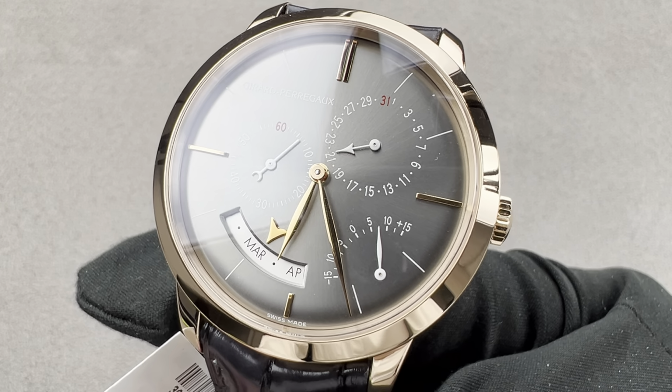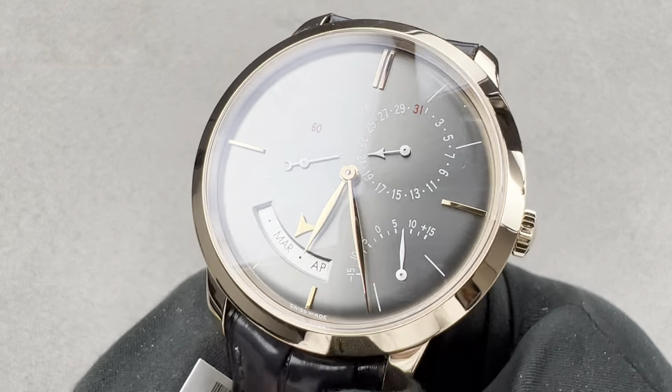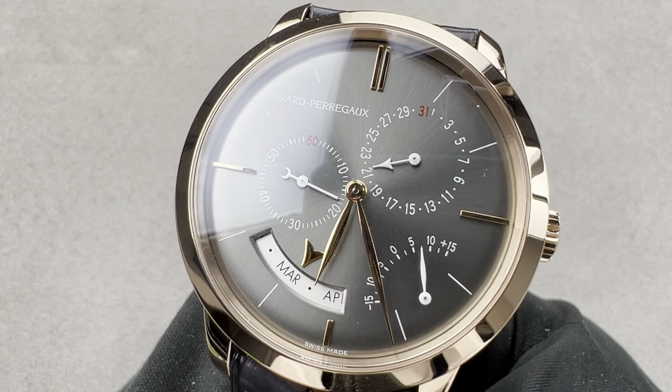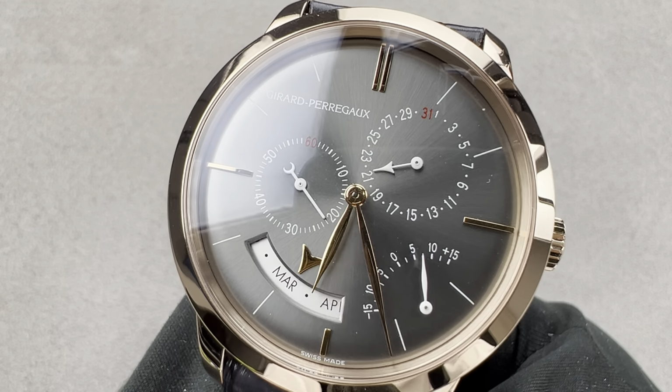Today we are discussing a spectacular and incredibly rare 2011 launch from Girard-Perregaux. This is the 1966 Annual Calendar, an Equation of Time. From the 1966 collection, inspired by a dress watch from the titular period, this is a watch with an anthracite dial, equation of time, and an annual calendar mechanism, so it needs only one correction a year between February and